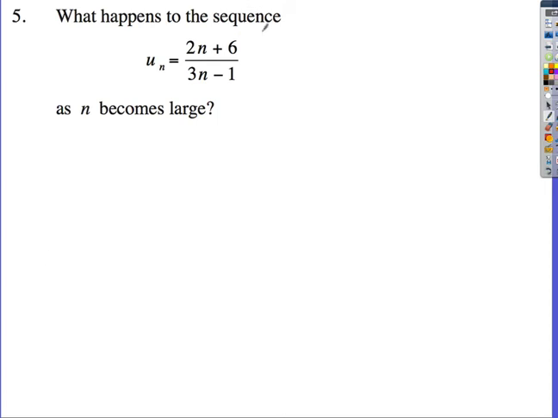Now the last question is the second most interesting question. Question 5. What happens to the sequence un is equal to 2n plus 6 over 3n minus 1? I had very interesting answers. Answers such as this gets larger, the sequence becomes larger. Some of you were saying,